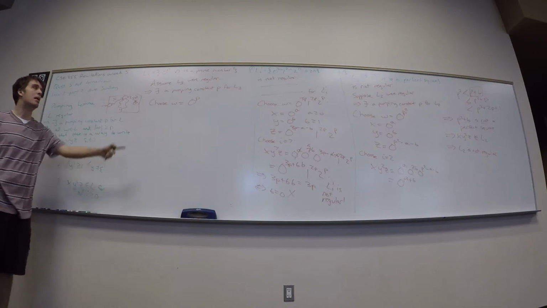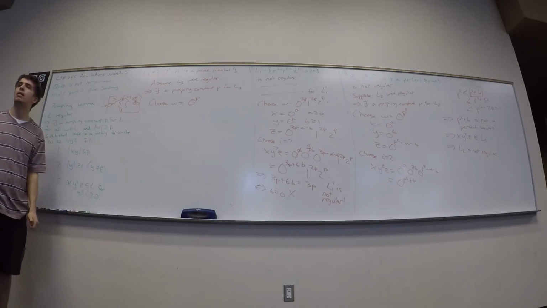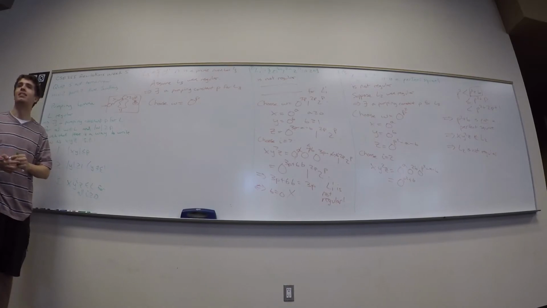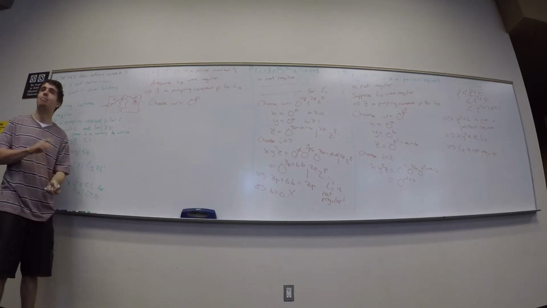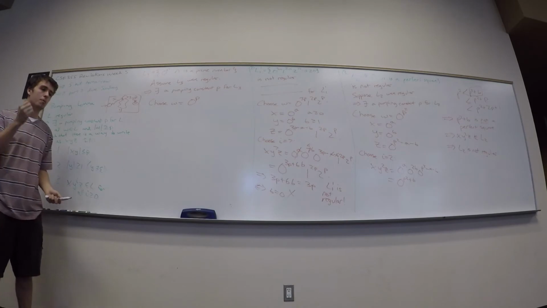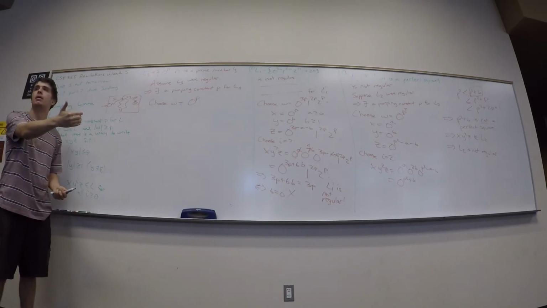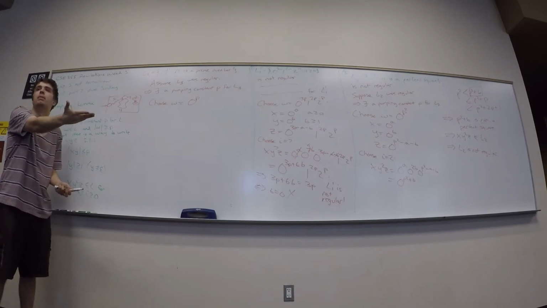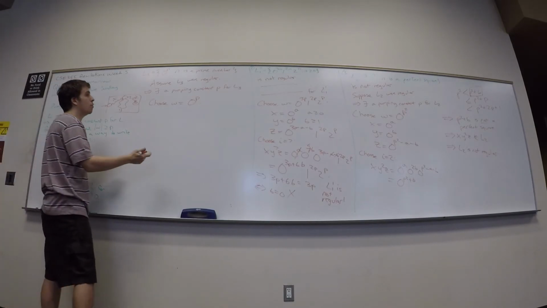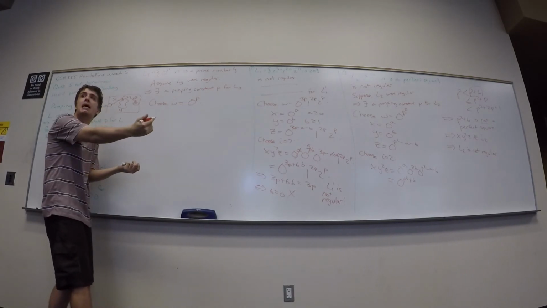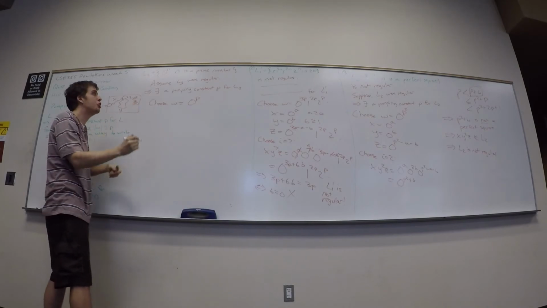Can I guarantee a prime's at least P? Does anyone know the infinite primes proof by Euclid? Someone said no. But it essentially says that no matter what integer you find, there's always a prime number larger than it. Maybe I could just choose that prime number. Okay? Well, I can't choose P necessarily, but let's just choose the prime right after it. I know there is one, so let's just choose it.